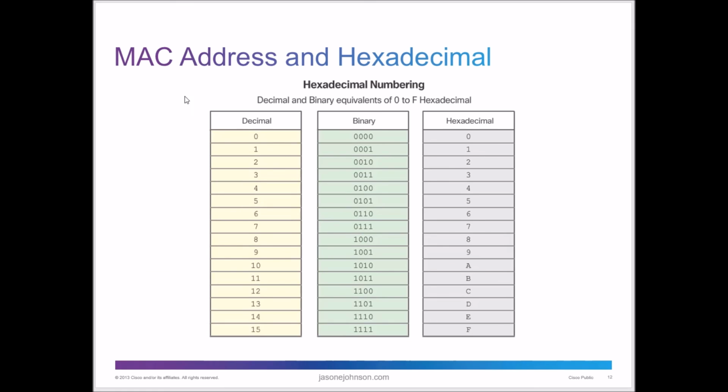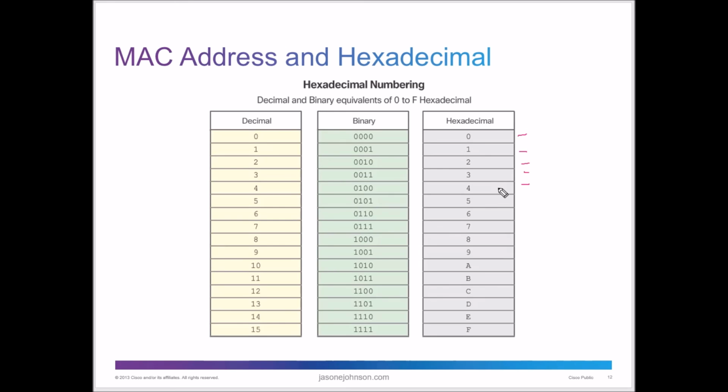So let's look at Ethernet MAC address. The Ethernet MAC address is represented in hexadecimal, and so you're going to need to be familiar with hexadecimal and how it operates. I've got videos on binary, and on how to convert binary to decimal. I do not have any videos on hexadecimal. I need to create some of those, and I may get those in the future, and I'll put links in here if I do have them.